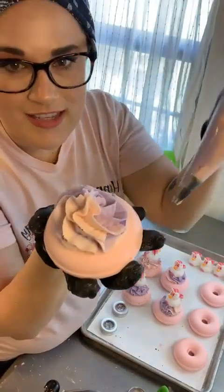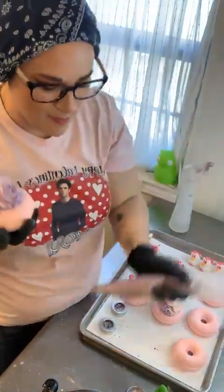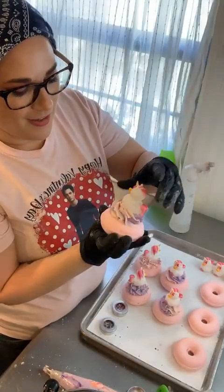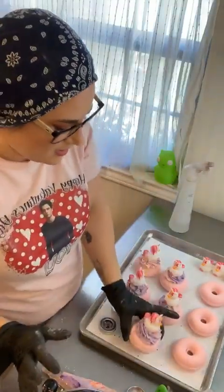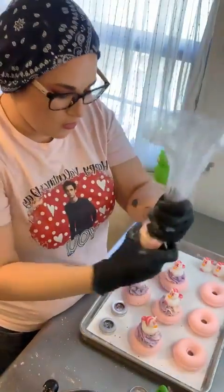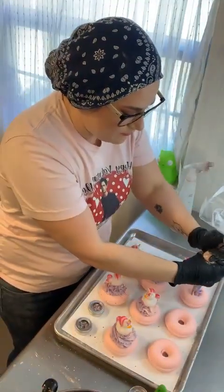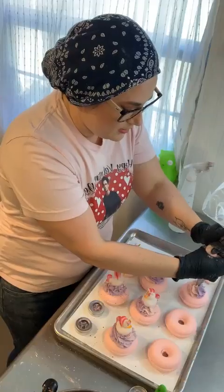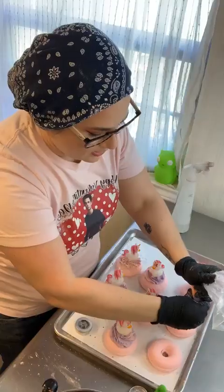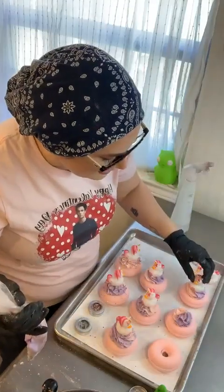It should be that easy to pipe. I mean, my hand was shaking because I was doing it one-handed, but it should be that easy to pipe. You shouldn't be getting a hernia and an aneurysm. You shouldn't have a stroke trying to pipe it, okay? You just squeeze and it happens. It shouldn't be a major life event to pipe it. If it is,